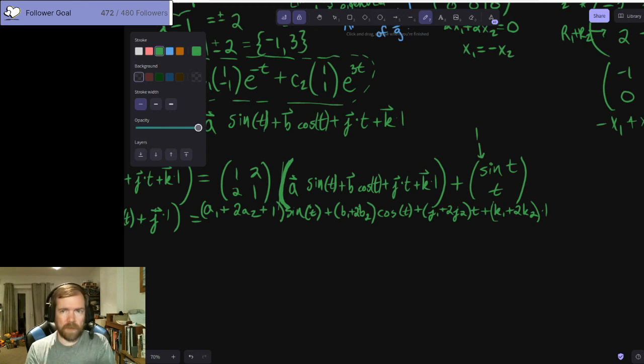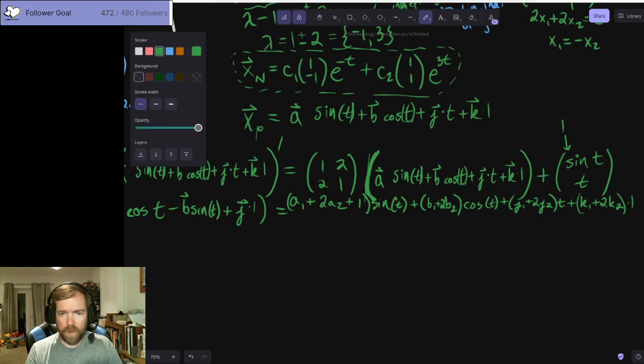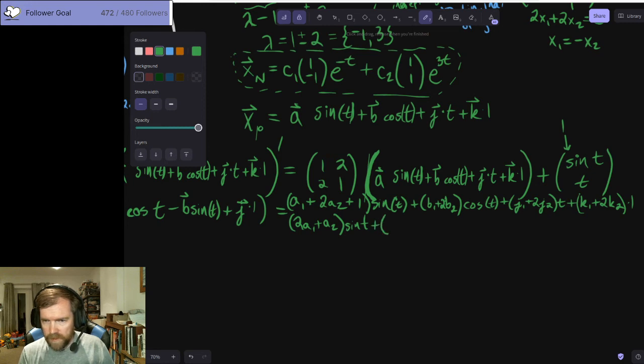Alright, we'll lead on to the fact that that's going to also be in there. Alright, second one is going to be (2a1 plus a2) sine of t plus parentheses 2b1 plus b2 cosine of t plus